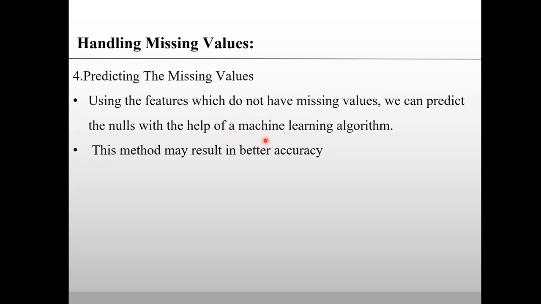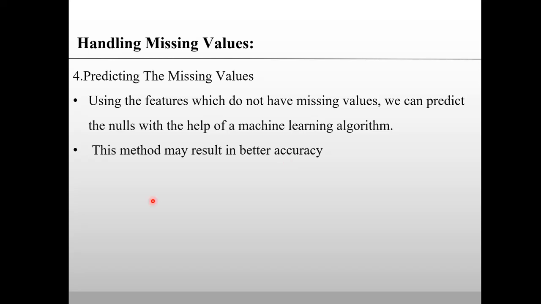So you can make use of any kind of machine learning algorithm. You can even use linear regression for predicting the values. Even distance-based algorithms like KNN can be used for predicting the missing values. So whenever you predict the missing values, that particular model will provide better accuracy. In addition to this, you can even replace the missing value by any constant value.